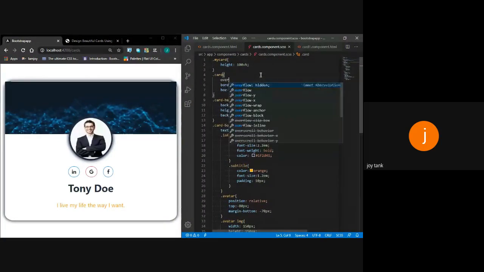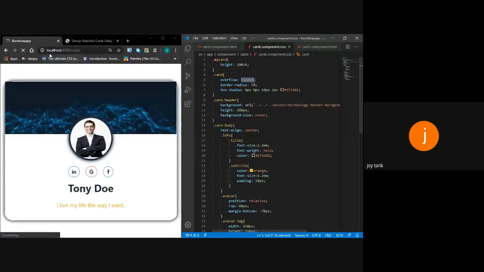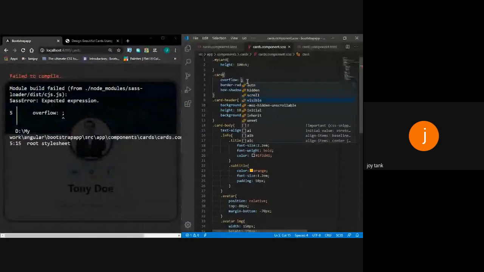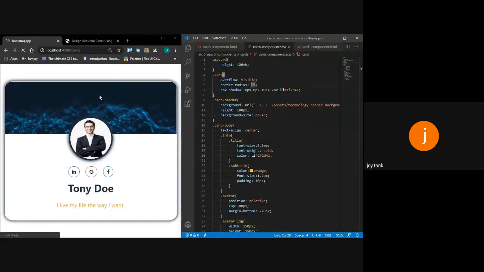What the overflow hidden property did is that the content within this card has utilized the whole width of that content. It's not spreading if you have used the hidden value. If you have used visible, it will make things visible, but it will not contain them within the actual size of the card. So for that you need to use the overflow hidden property.